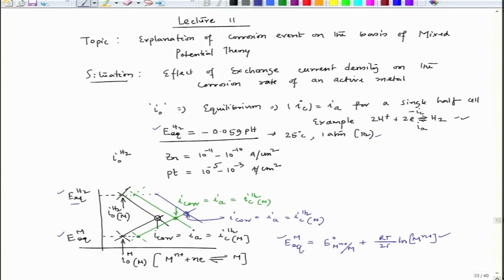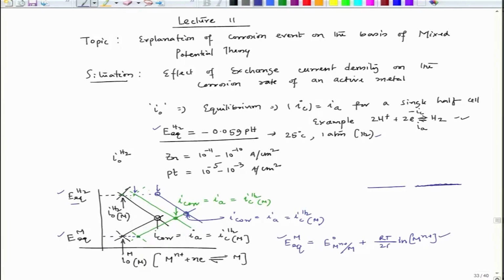But since we are changing the exchange current density, the same hydrogen evolution reaction is taking place on the metal surface of different texture or nature, but the same metal. We can change the texture of that particular metal surface, that means I am talking about the physical texture. For example, if a metal surface is like this, we can have a small perturbation on the metal surface like this. So we can have a different I0, and that way we can have a change in the corrosion rate.